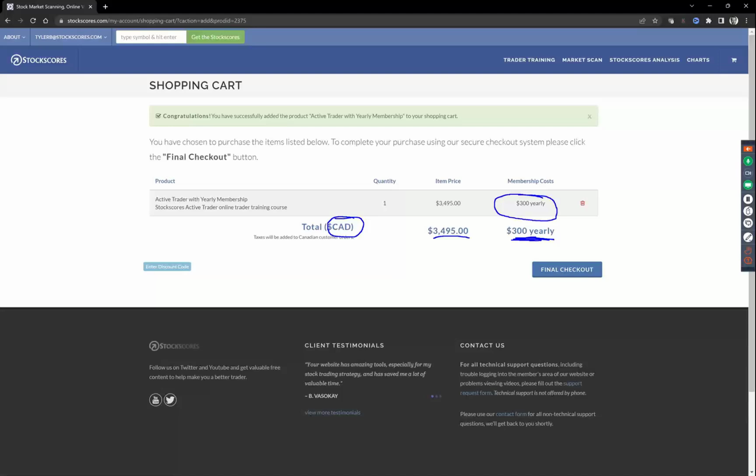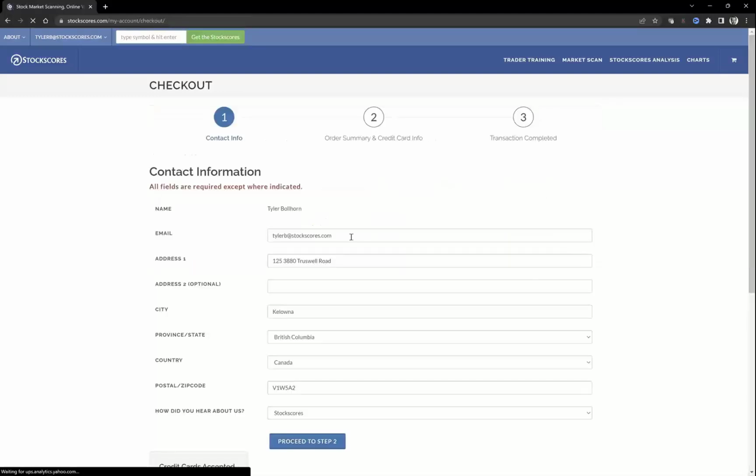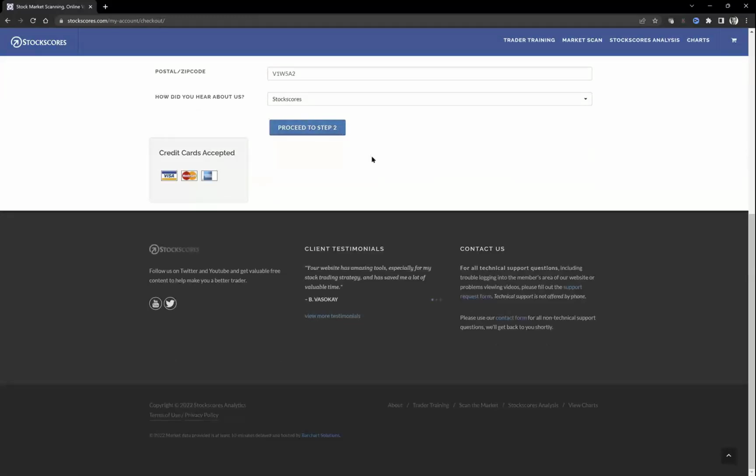You don't have to use the market scan tool if you're a day trader. You can just use the other tools that we have, but many like to. But that's an optional fee later on. You don't have to keep that going unless you want to use the market scan. So anyway, you do all that. You go to final checkout, put in all your information, and